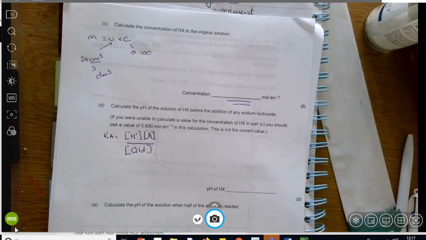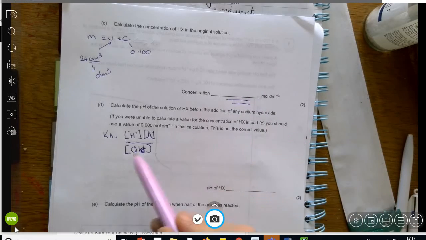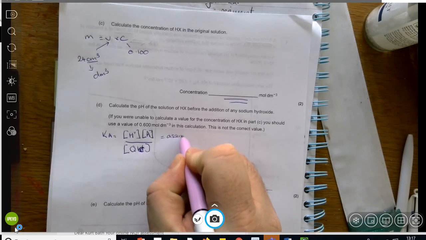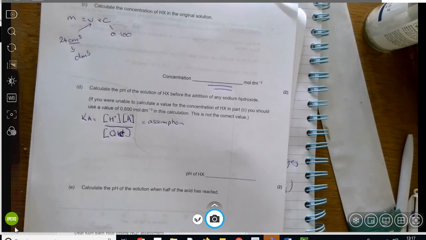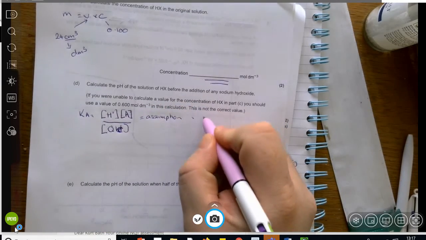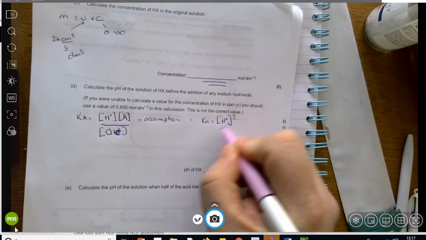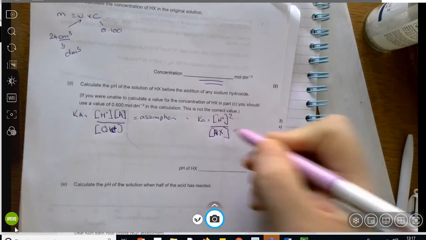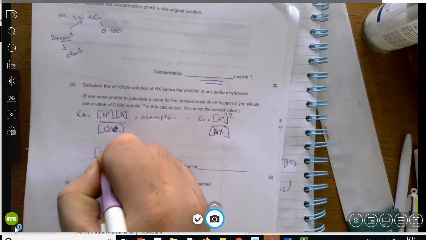I've got Q and C, apologise, which is the answer to this question. So this answer would go underneath. Now, the assumption that we're going to have to make here is that these two values are identical, so we end up with Ka is equal to H+ squared over HX. Rearrange that equation, and what you'll then be able to work out is the concentration of H+